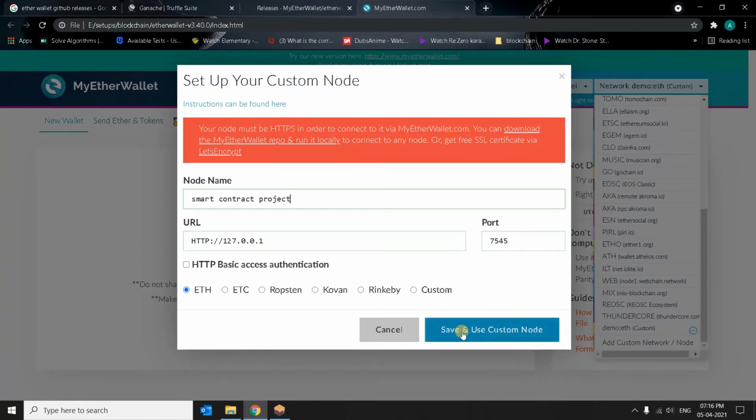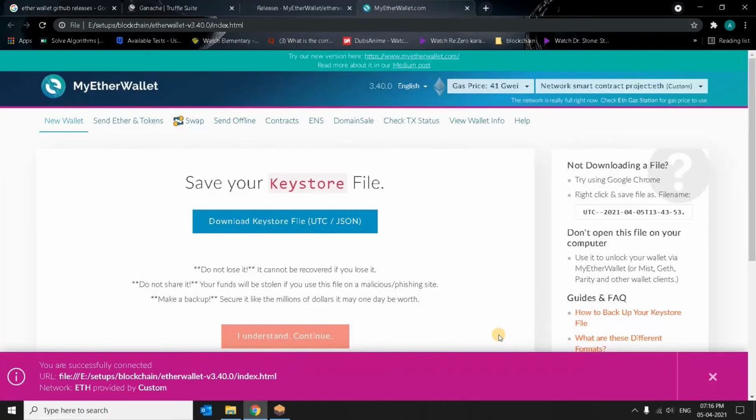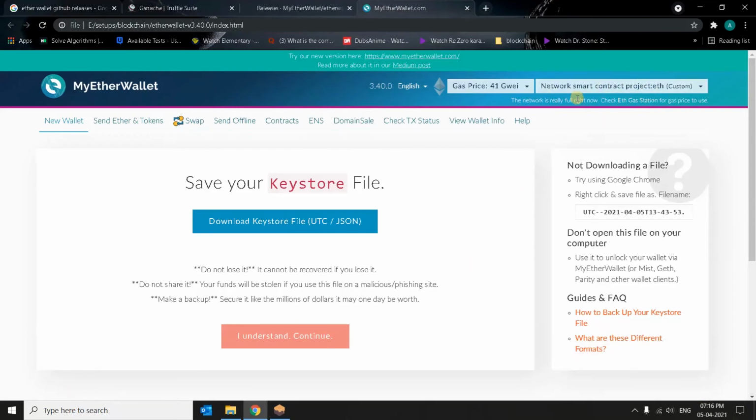So I will save and use this custom node. Now you can see you are successfully connected. This is the file we are currently using. And you can see here network smart contract project.